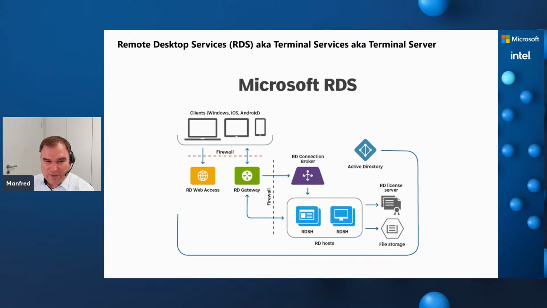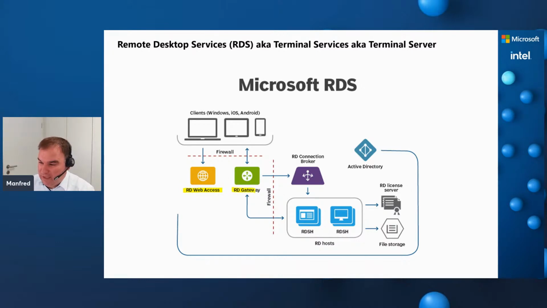When we deploy remote desktop services in the live demo later, we will see that there's a component RD Web Access. RD Web Access helps us to access the desktops via a web page. It's optional. It's your decision if you want to have this web access option installed and configured. If you install this component, you need to configure this component. You need maybe an additional server. It's possible to deploy everything on one machine, but maybe you want to configure this on a dedicated separate machine, maybe because of scalability.